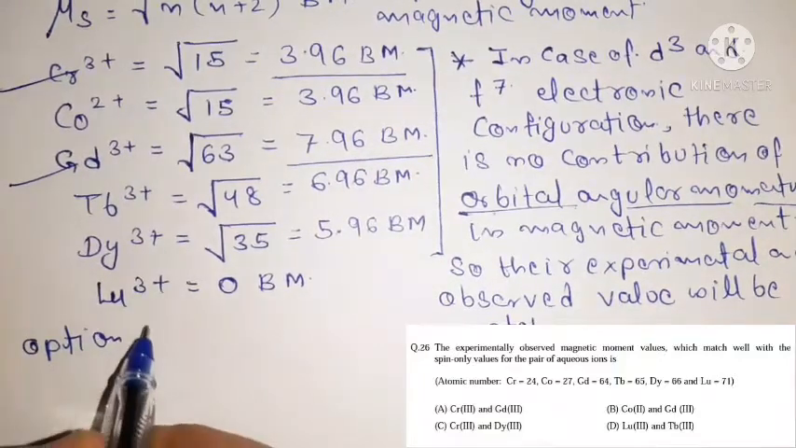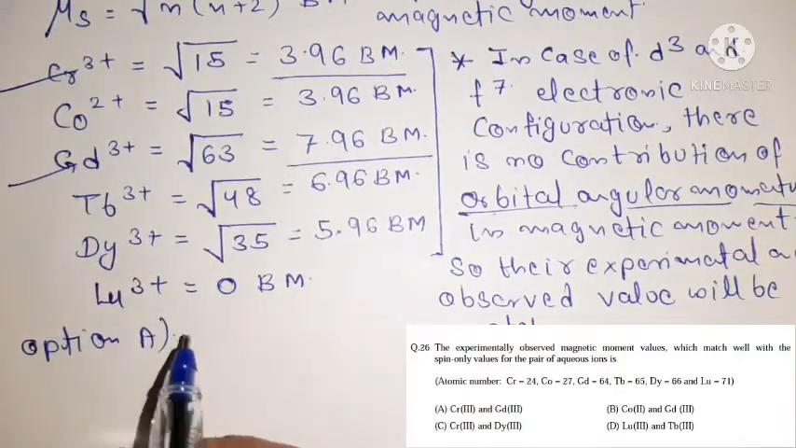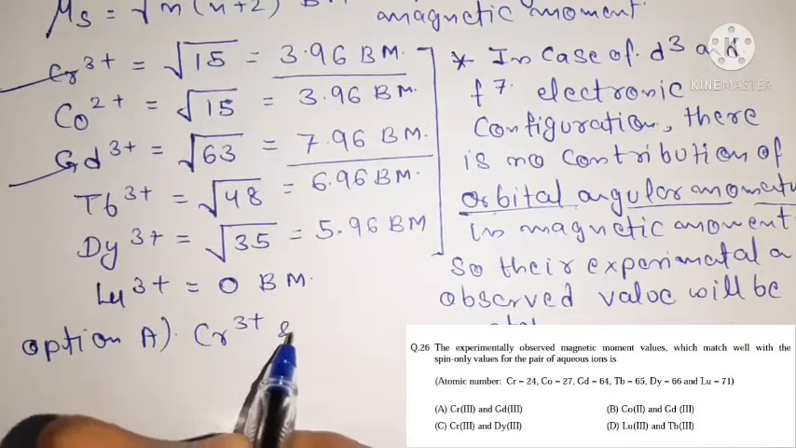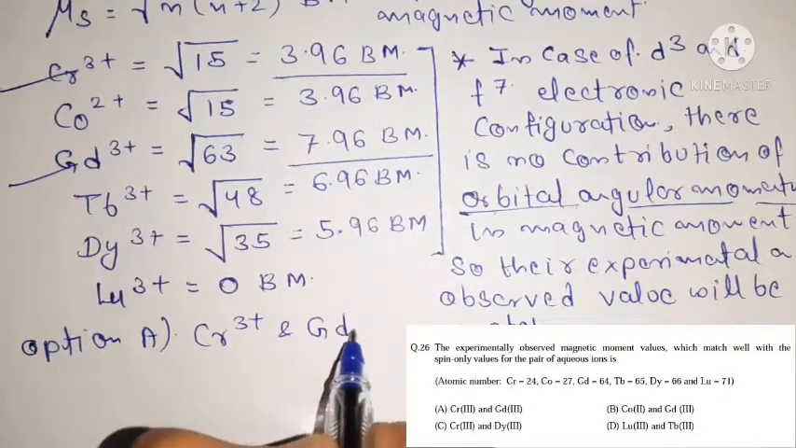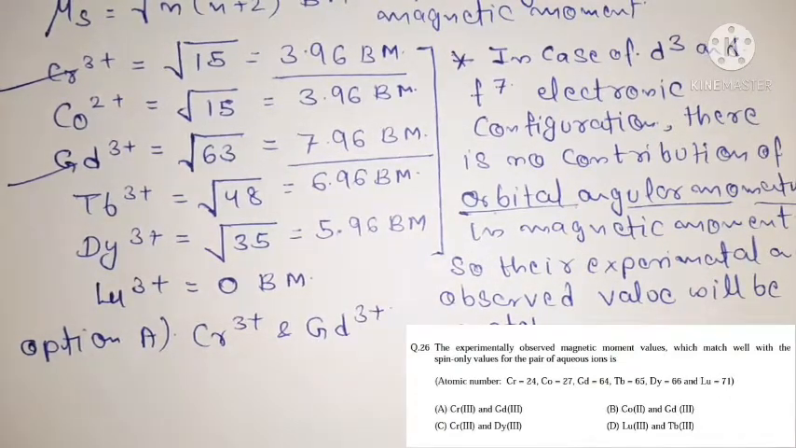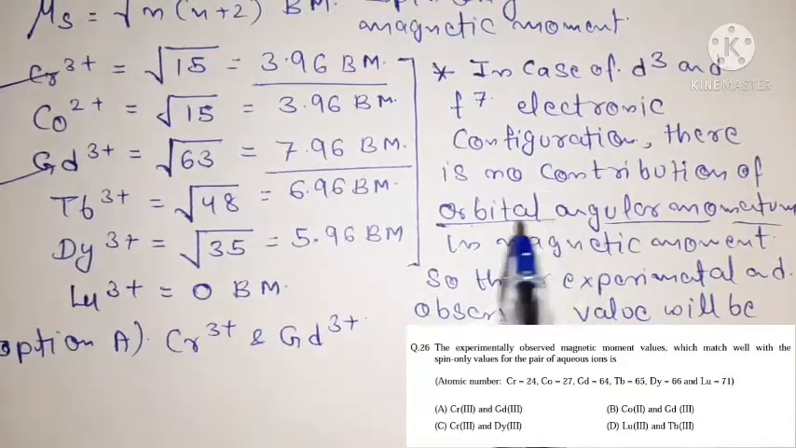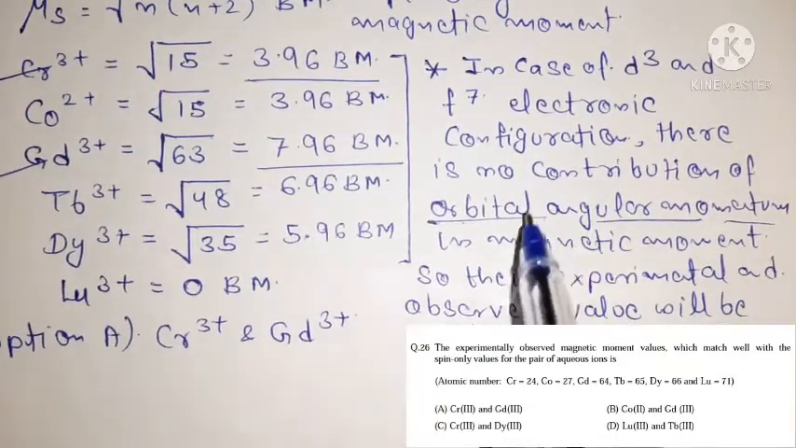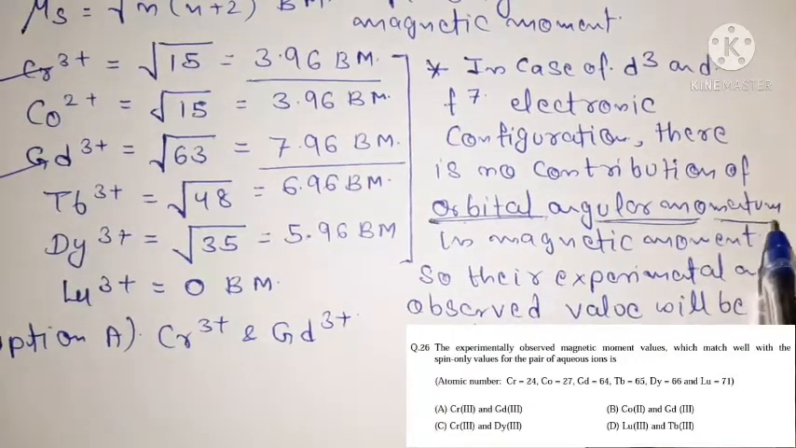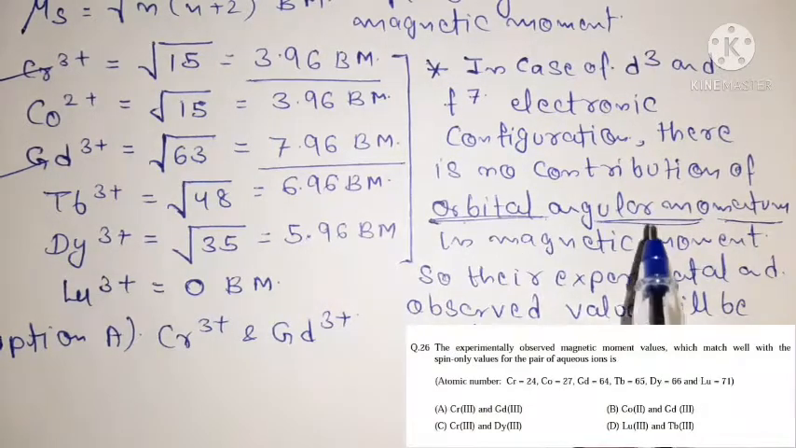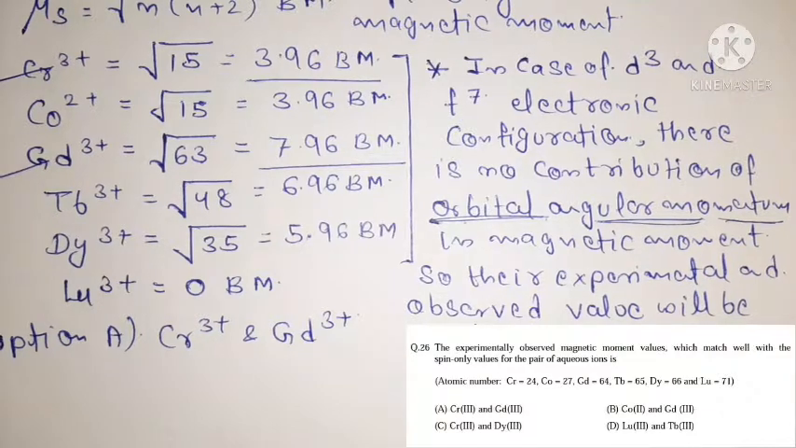Option A is the correct answer for this question, that is chromium 3 plus and gadolinium 3 plus. Okay friends, so remember this concept. This is a very important concept, that is contribution of orbital angular momentum. This is the reason behind the variation of the experimental observed values and theoretical or spin only values. Understand friends? Okay,